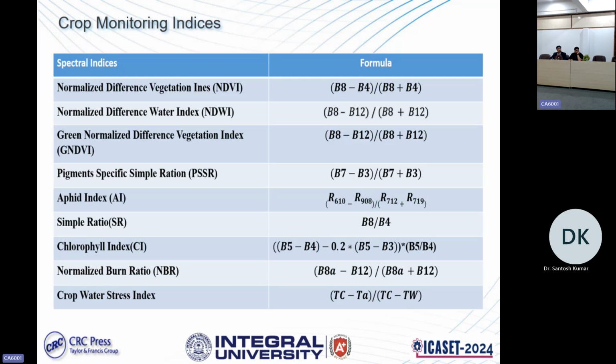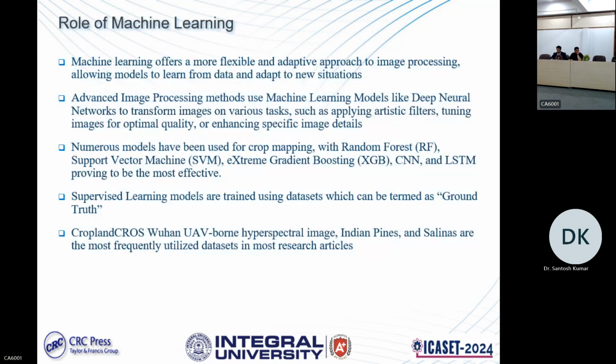Other indices as well have contributed to understanding and detection of various kinds of stress and diseases. Role of machine learning: as we all know, machine learning, a part of artificial intelligence, is popular. Its algorithms like support vector machine, decision tree, random forest, boosted decision tree, and artificial neural networks have been boosted and help in early detection of various kinds of crop diseases